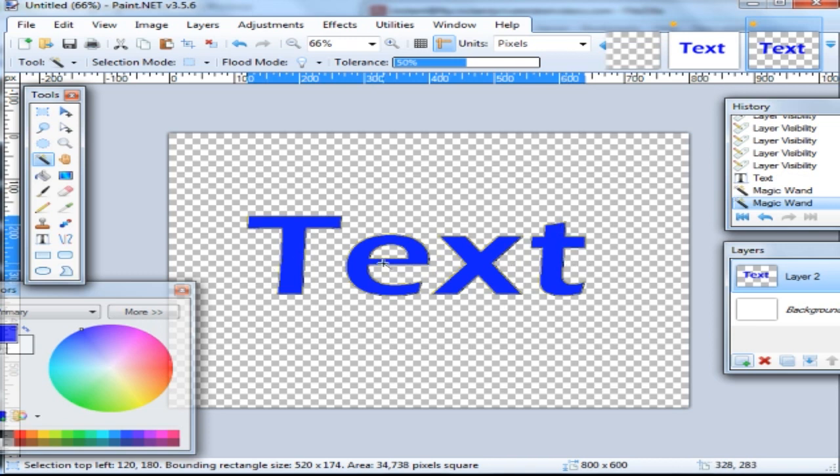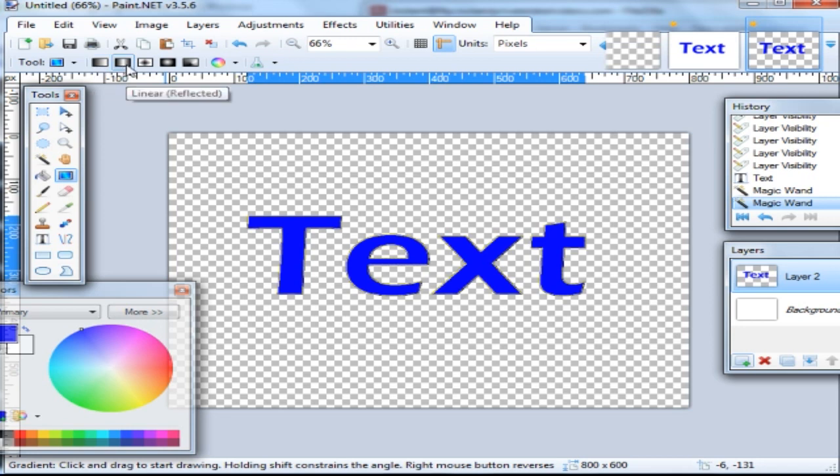Normally you would hold the shift key and select these just inside the blue area or whatever color that you choose. Once that's done, you simply click on the gradient option here. There are different types of gradients. There are linear, reflected, diamond, and as you can see, you can get an idea of what it is. So I'm just going to choose linear, and what that means is now that we have this text selected,